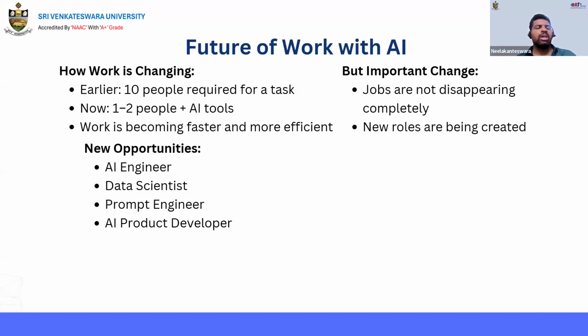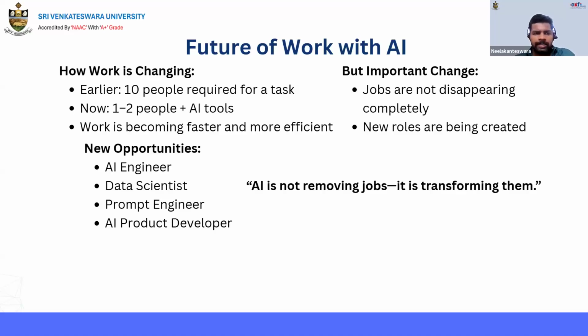Finally I say that AI is not removing the jobs, it is just transforming how we work. So what we need to do is update ourselves. Those 8 people must and should learn these AI technologies, AI, ML, Gen AI, updating technologies, and only then will they survive. And if you learn about those new technologies, you get high paying jobs also, so your future also turns out better.